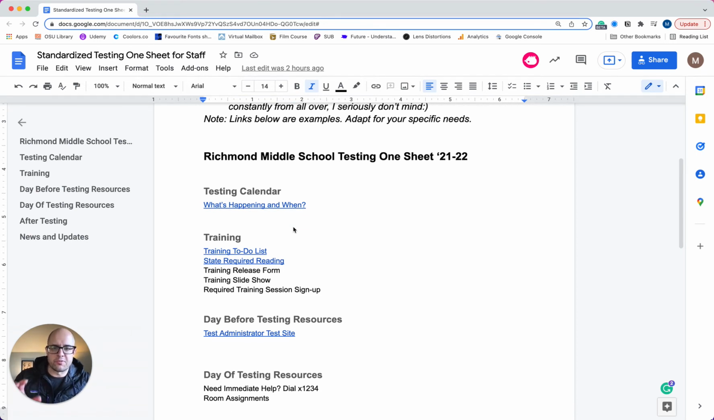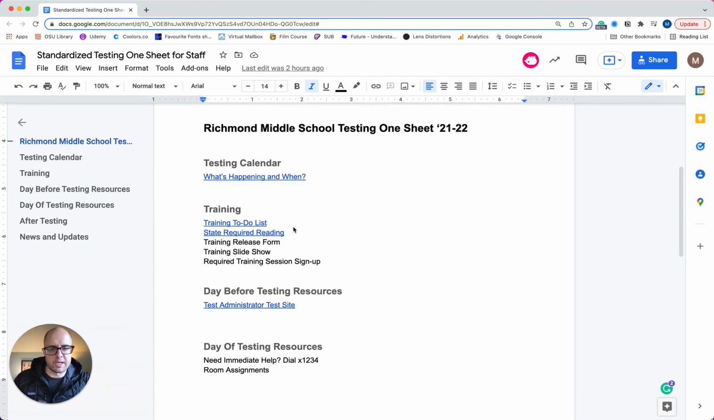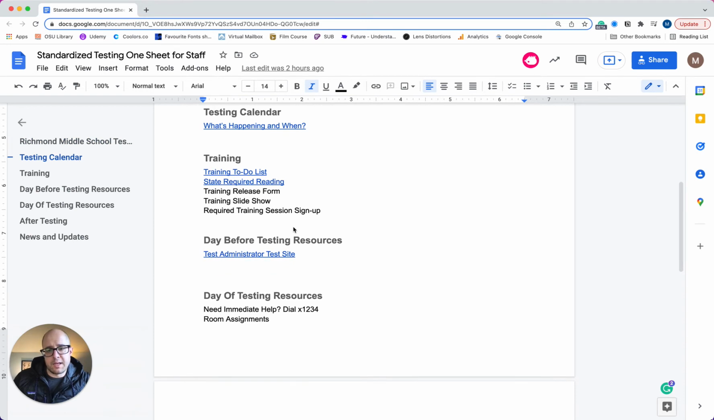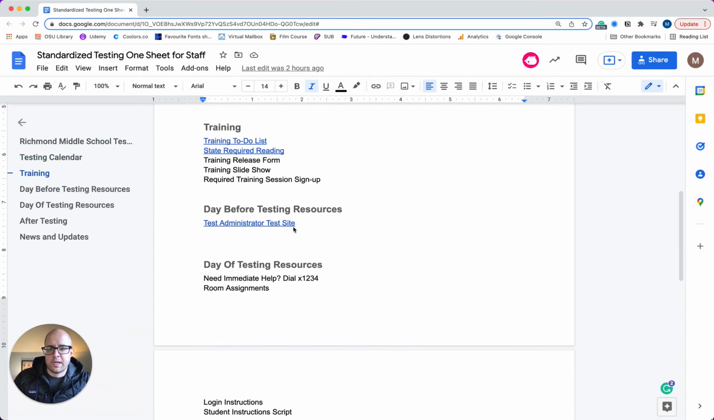But you're always referring back to this one sheet, and you are in charge of maintaining the integrity of this one sheet. Make it read-only. Don't let people edit it themselves. And then some things that I typically covered was a calendar of what's happening when, training, everything to do